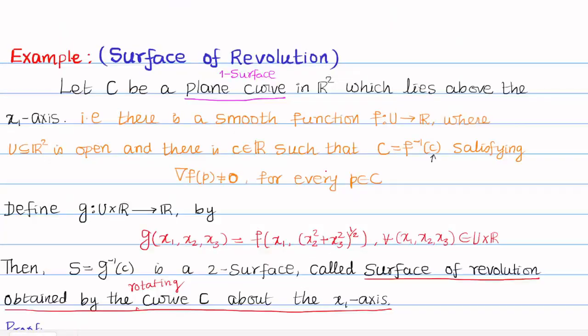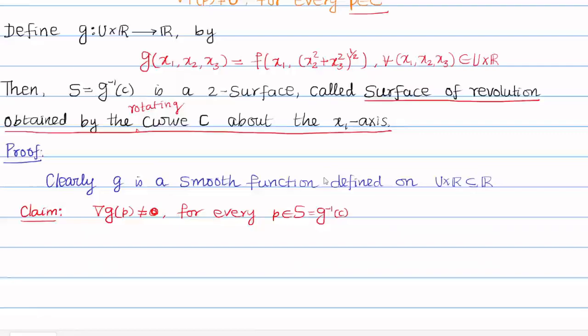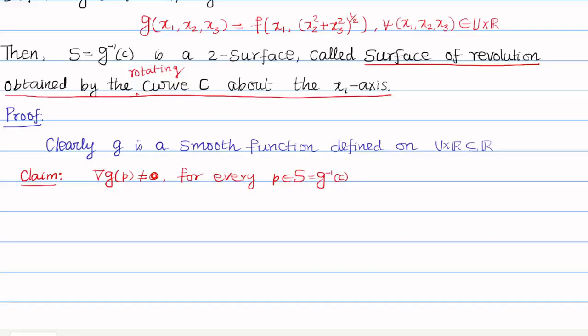மேல இங்க எழுதியிருக்க பாருங்க, இந்த இடத்துல p எல்லாம் எங்க இருக்குன்னா, இதெல்லாம் வந்து கருவுல இருக்கு. இது வந்து P1, P2. நான் இந்த கேஸ்ல வந்து என்ன பண்ணிருக்கேன், p எல்லாம் எதுல எடுத்திருக்கேன், S ல எடுத்திருக்கேன். So P1, P2, P3 3 எலமெண்டா இருக்கும். Okay, so now we need to show that del g of p is always not equal to 0